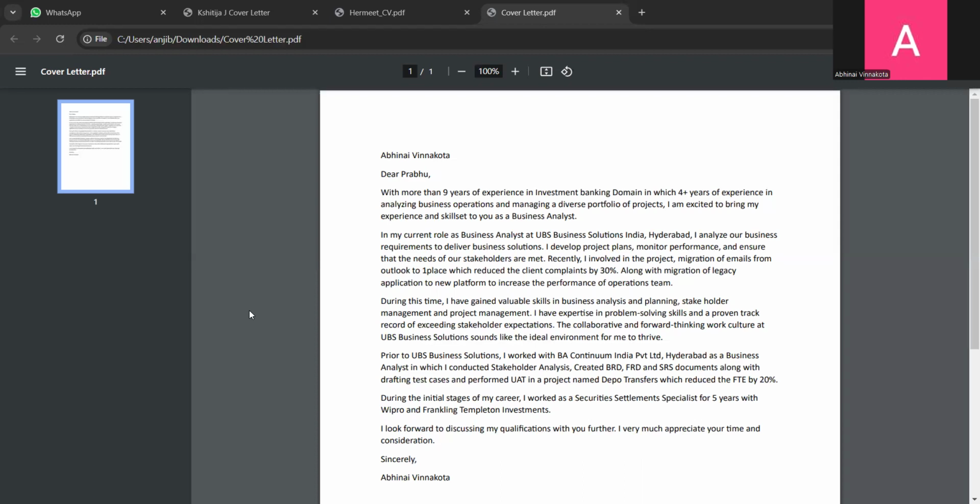My work is to train them, to clear their doubts, and to take feedback from them weekly, and bi-weekly we have a call with the business about whatever feedback they are giving on the new application. Whatever it is, we are replicating the old to the new, and they are expecting the same level of performance, but it changes.